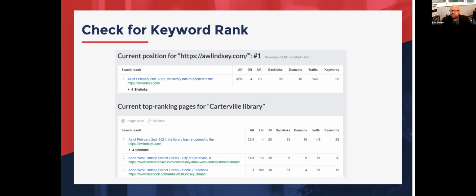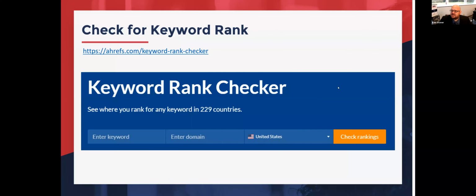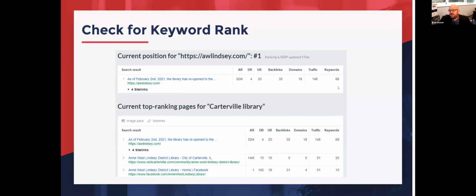So out of the 605 million keywords that Hrefs tracks, how many of them does that website show up in the top 100? They show up in the top 100 on 68 keywords, which is not bad. 68 out of 605 million is not great, but